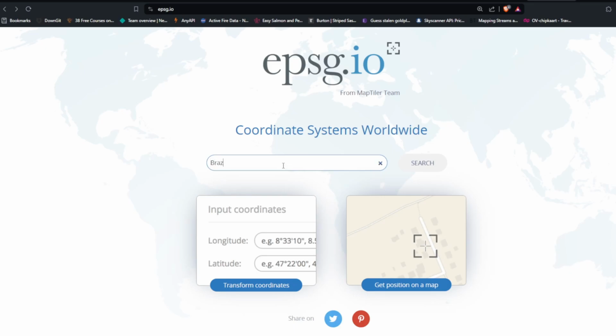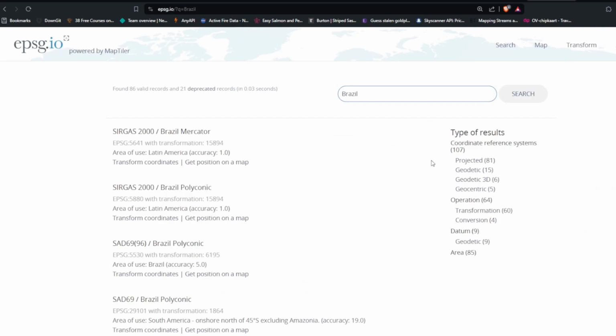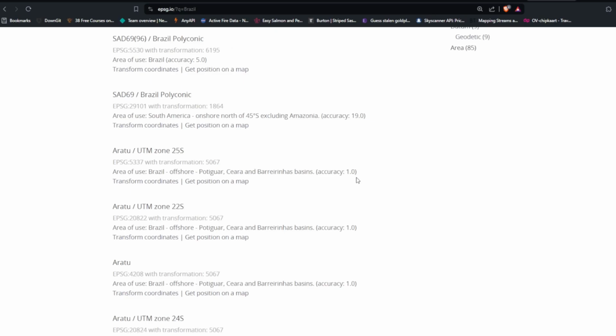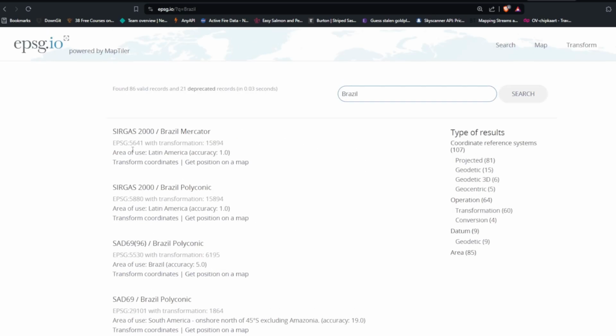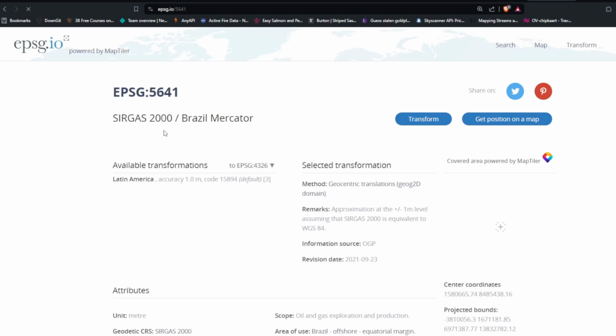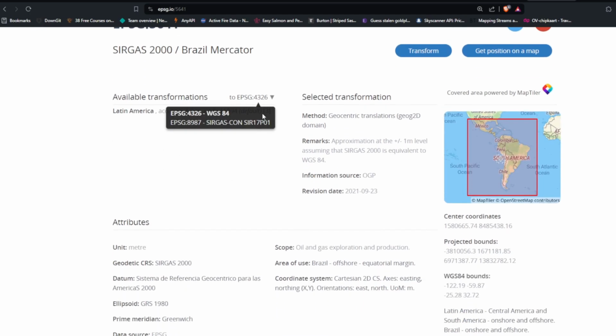First of all, here you type the name of the country, then you click search, and I get for Brazil a number of results. So the easiest bet is to go to the first one on this list, because usually you're going to get a list of a lot of them. And I also checked this is the official coordinates reference system for Brazil. So that's fine. So you click on this first one,